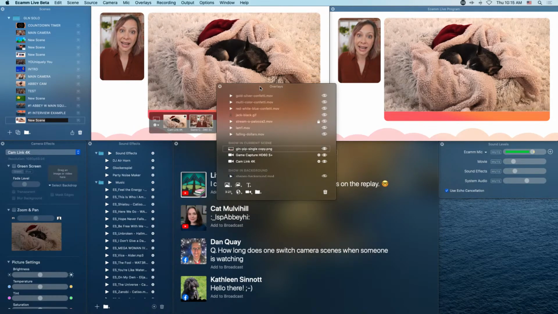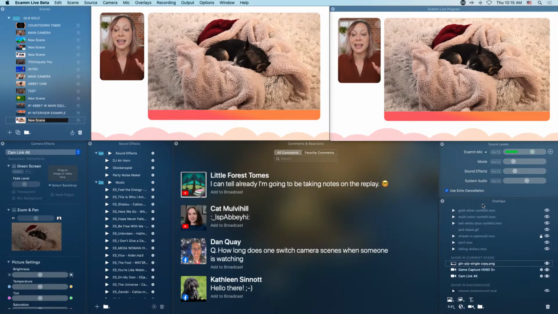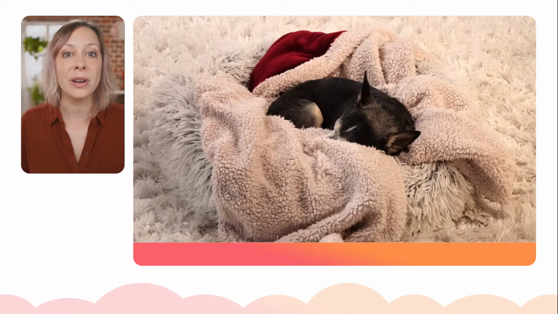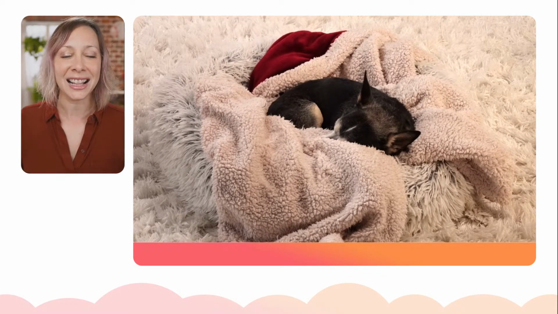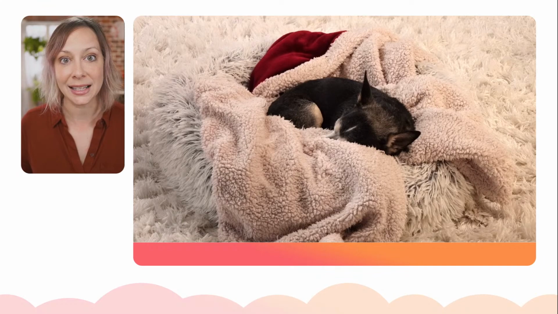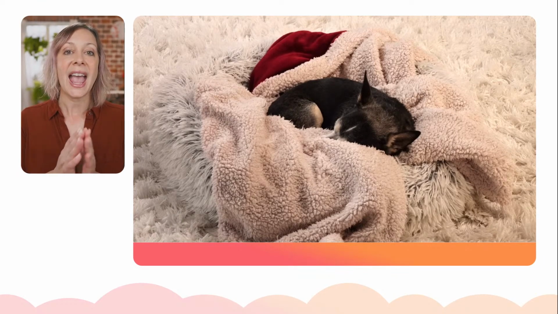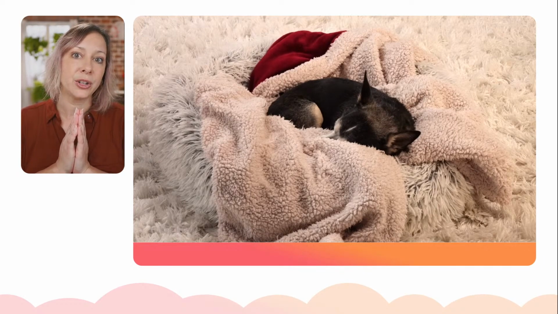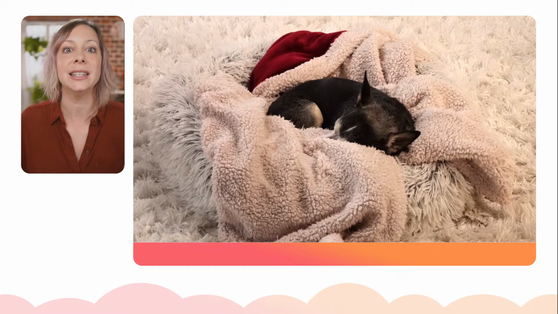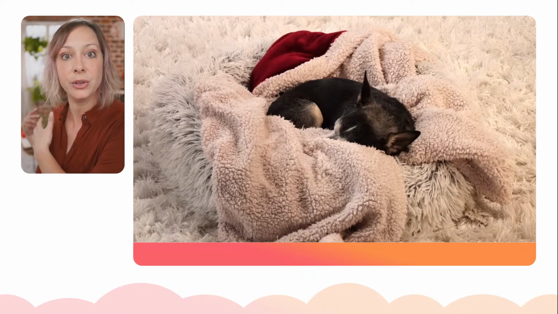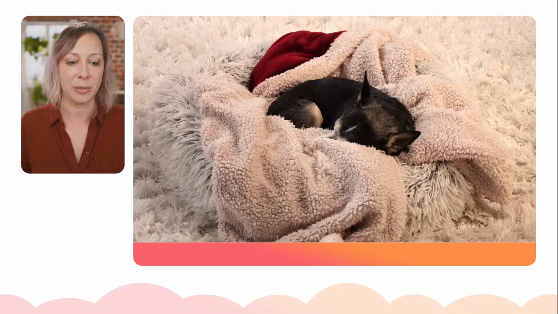So with blank scene plus the camera overlays, what we've done is created the scene exactly how we want it. We've customized it with full custom control, and we are able to not have additional sources in the background taking up more CPU usage.